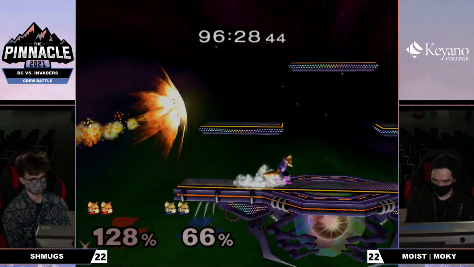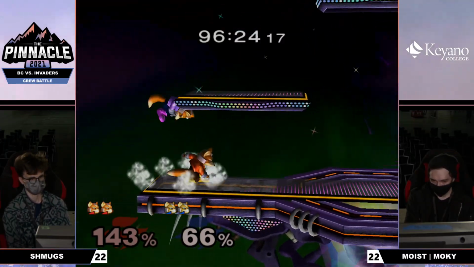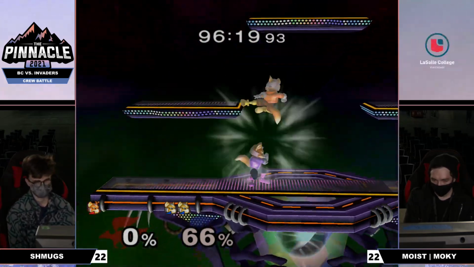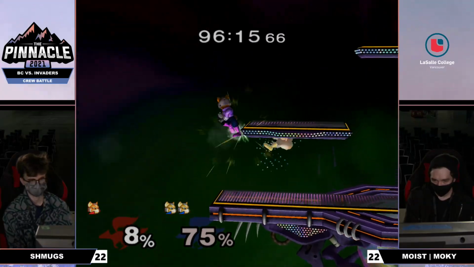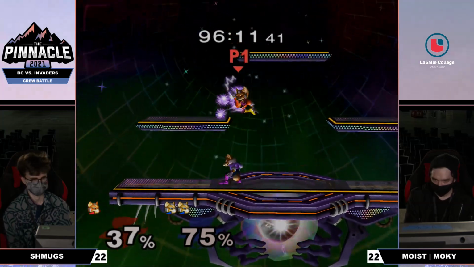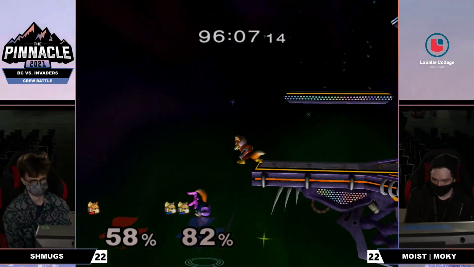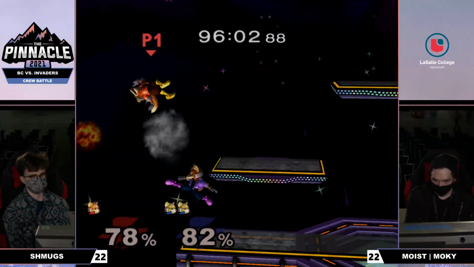Okay. Ooh. Nice. And there we go. Great DI. Still has one more chance, but that does awesome. Pin it up. That's the second stock moky has taken on his second last stock here. All right. Wow, and he gets another opening. He's really gaining momentum here. He manages to cover that with the drill. Good shine stall, but doesn't end up grabbing the ledge, and that could be it,